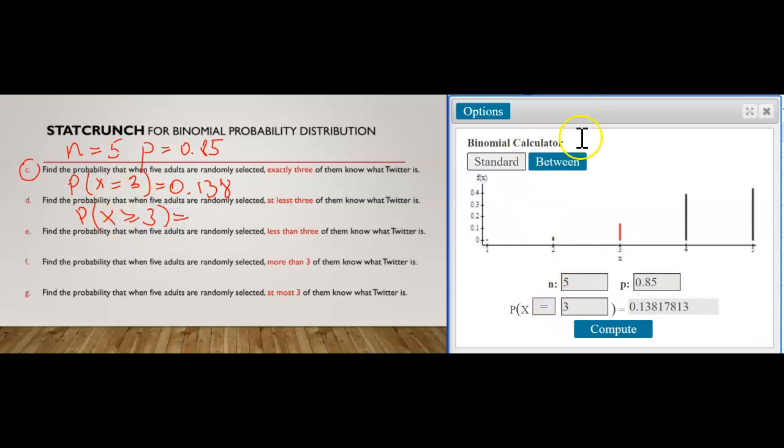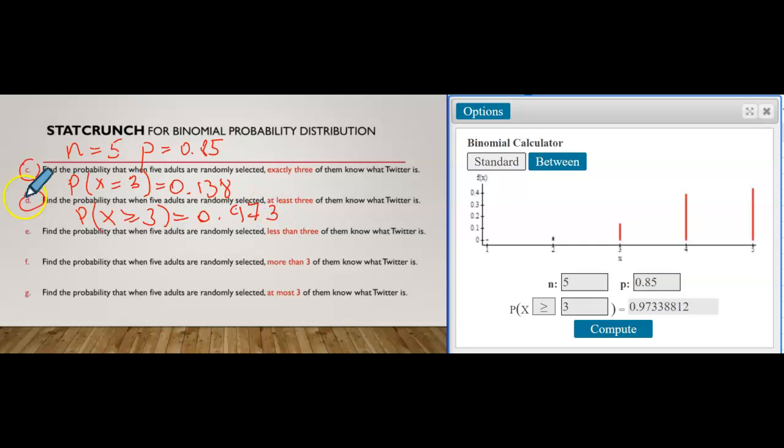Going back to StatCrunch, change the inequality sign to greater than or equal to 3. The answer is 0.973, rounded to 3 decimals. You can also see on the graph the change in color showing what probability is counted: the probability that 3 people know what Twitter is, the probability that 4 out of 5 know, and the probability that 5 out of 5 know, equal